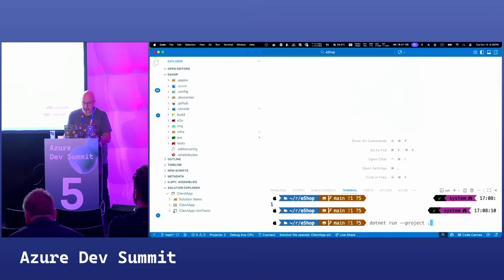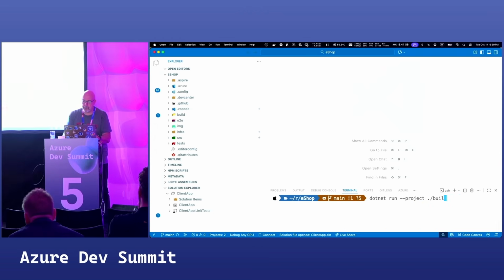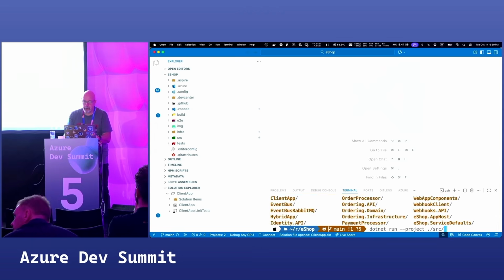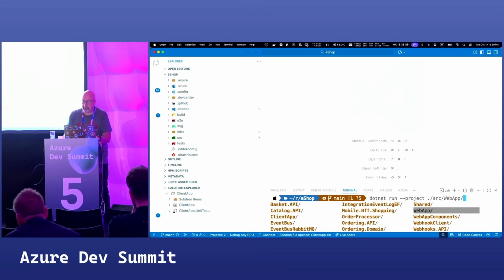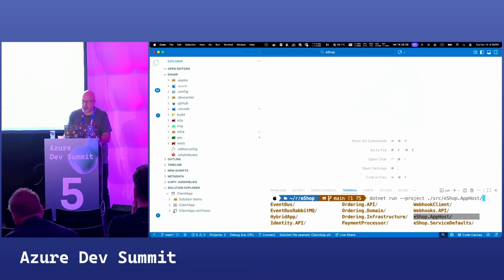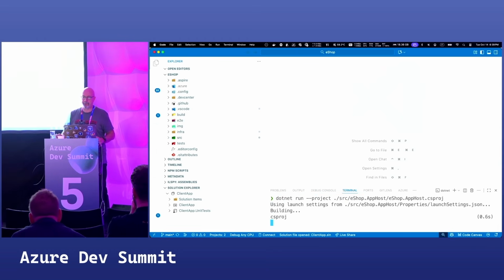I'm in the wrong project. Source. I need to find the application host here. Okay, and now my project file. Okay, so this app here is